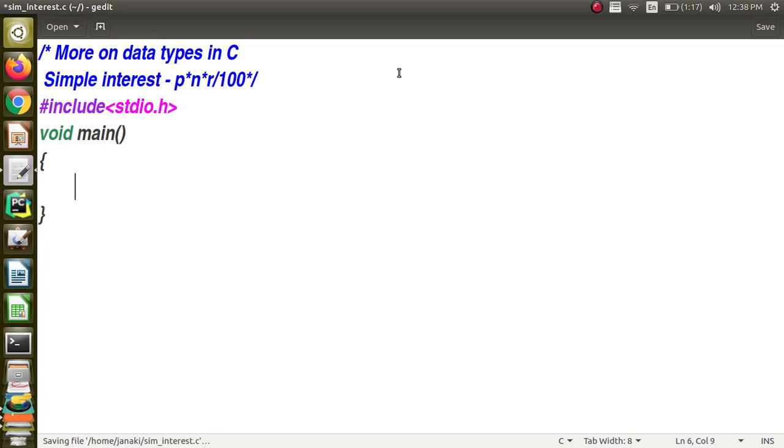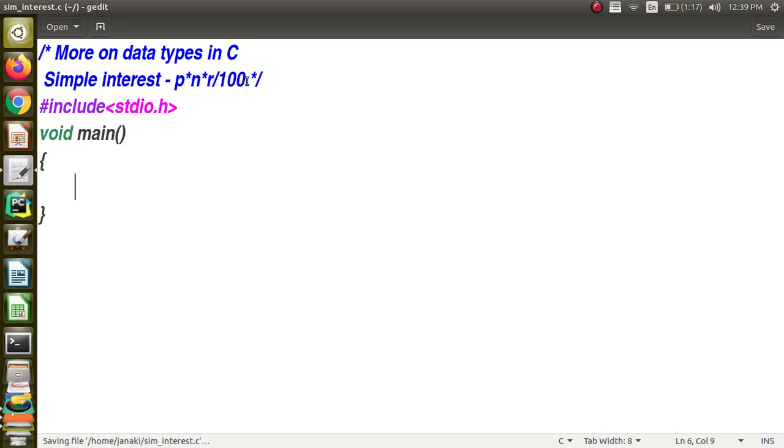And when we look at the data type, let us make a small quick analysis of the problem. The input required for the problem is that you have to know the principal, for how many years they are going to invest, and the rate of interest. So we have to have variables for each of the three things.